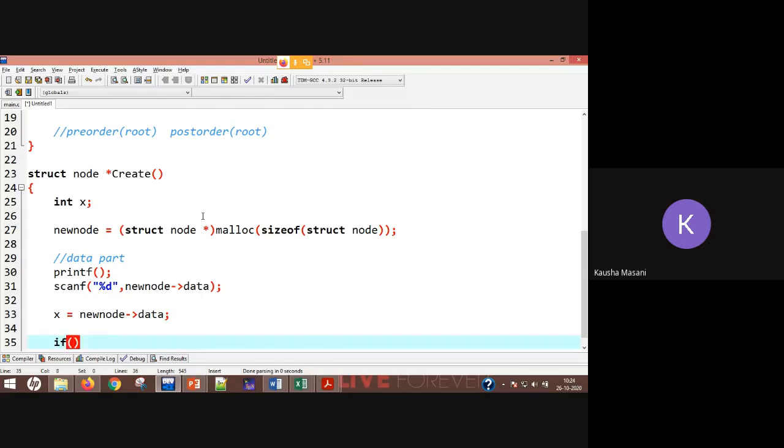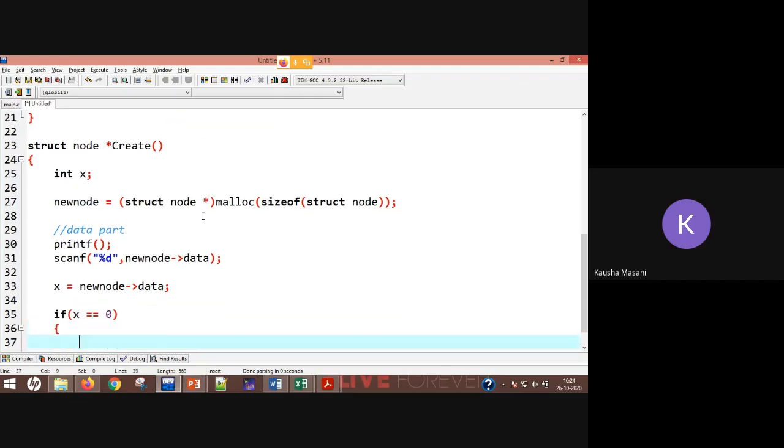So if my x is equal to 0, that is, if the user enters that they don't want to enter any data and don't want to create any child node, then you are going to return 0, that means null value. So this is your base case. From here this recursive function will get terminated.